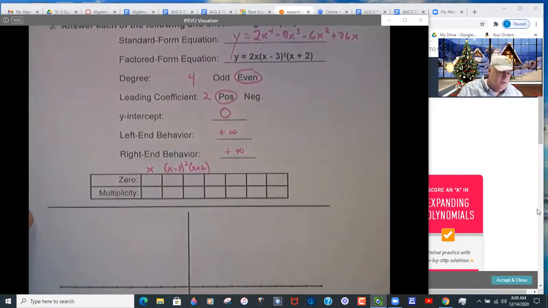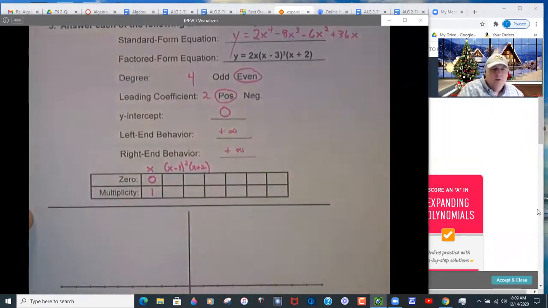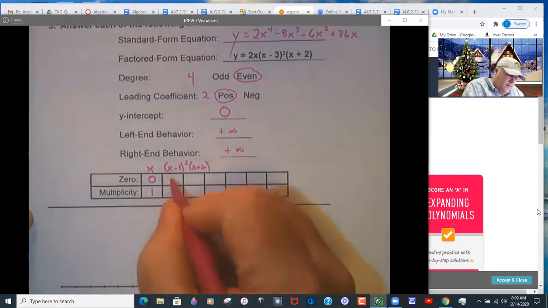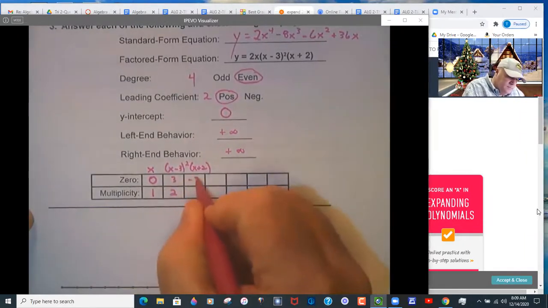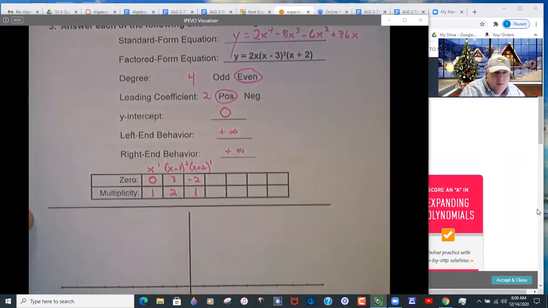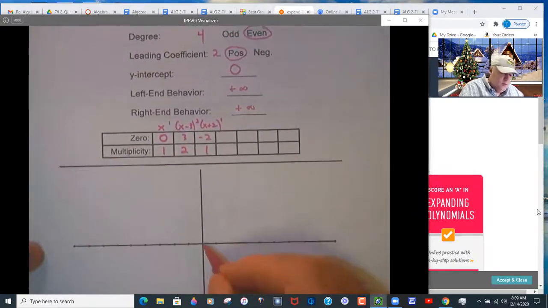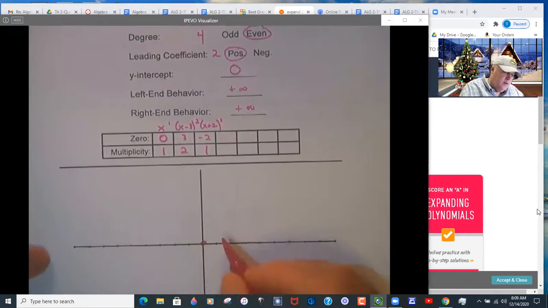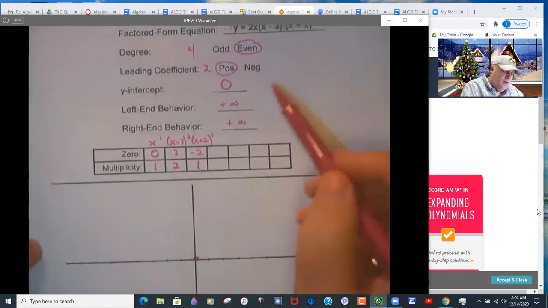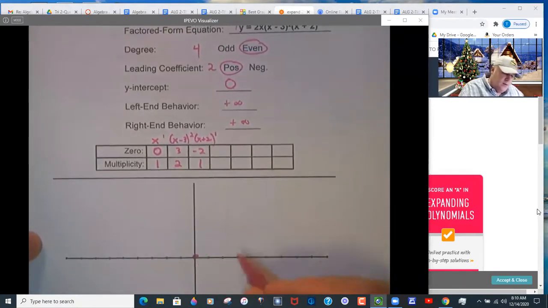Okay, so if the factor is x, the 0 is 0. Multiplicity is 1. What's the multiplicity? That's the power on the factor. So these powers here are the multiplicities. And then that's going to help us sketch this. So you should plot out the x and y intercepts first. So you have a y-intercept of 0, an x-intercept of 0, they're really the same thing, an x-intercept of 3, and an x-intercept of -2. The next thing you should do